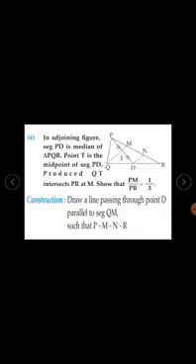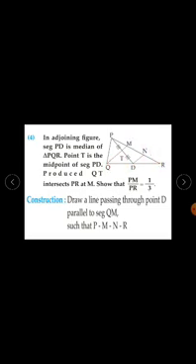Now, in triangle MQR, point D is the midpoint of segment QR since PD is median. Segment DN is parallel to side QM. Reason is construction. Therefore, point N is midpoint of segment MR. Again, reason is converse of midpoint theorem, and this is your equation 2. Now, which triangle? In triangle MQR.